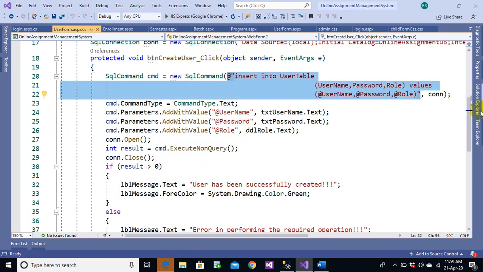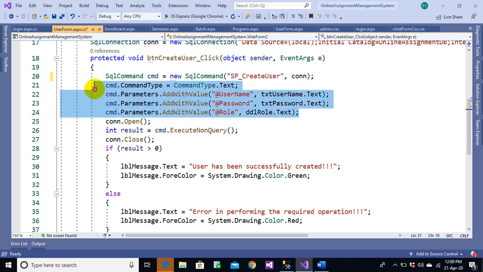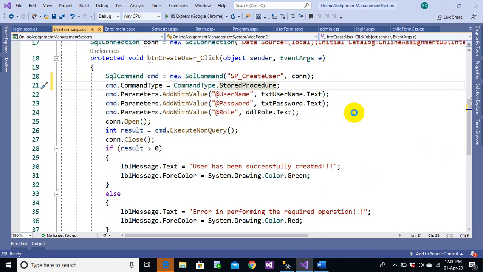So let me remove dissolve and let me pass sp_create_user in creating a user, and these are the parameters as it is already have defined, so no need to do anything with it. And then I need to call the stored procedure, and we're done. We are done with the work, everyone. Let's try to run and check whether this works or not.